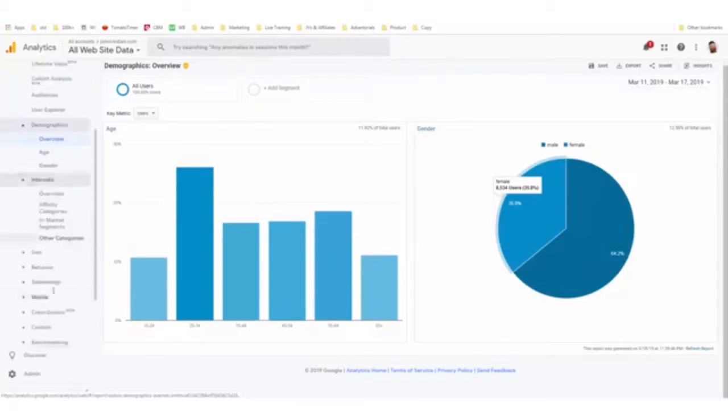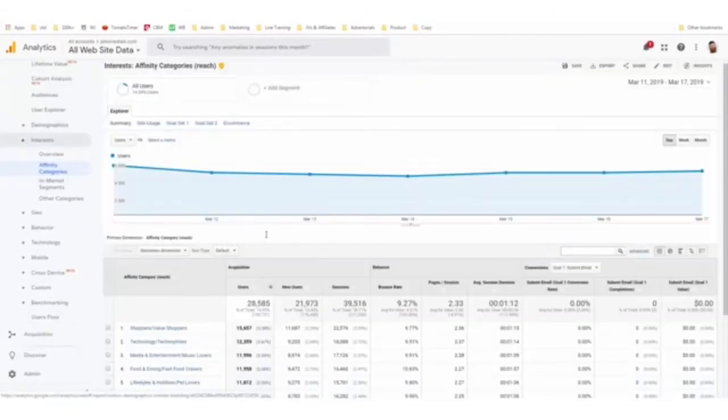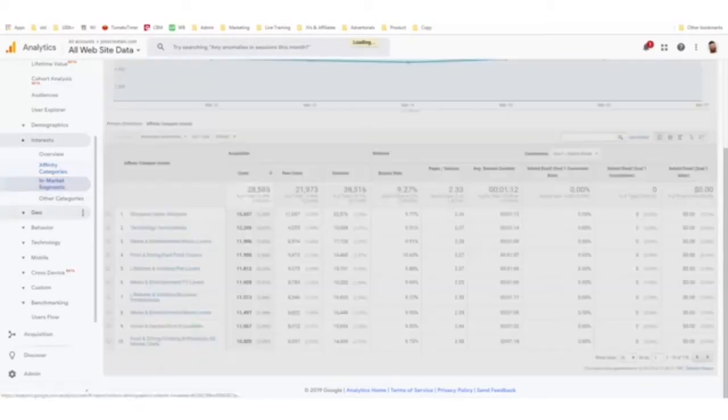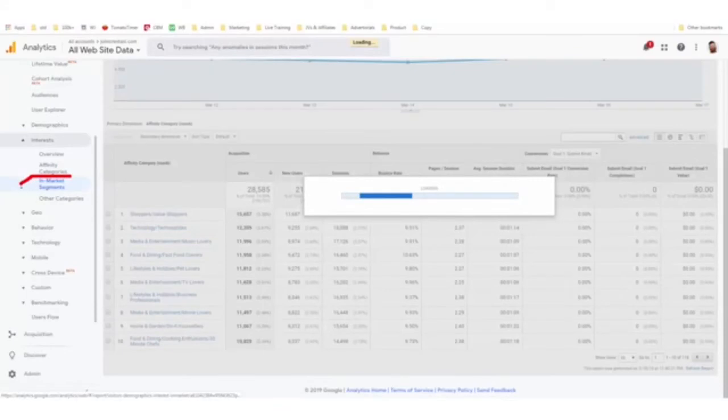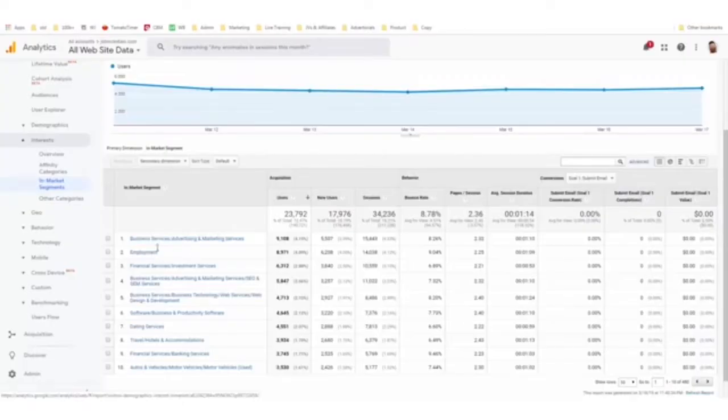But there's a lot of other interesting information that you can gather from Google Analytics that can help you make marketing decisions. Again, if I'm advertising on Google, this will allow me to figure out what categories my audience is in. For instance, in-market segments is a really important category in Google AdWords. Now, if you can be an affiliate for my program, this information is pretty helpful. And we see that most of the users are in this category: business services, advertising, marketing services, which